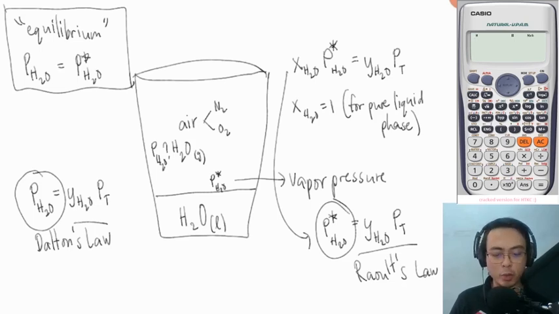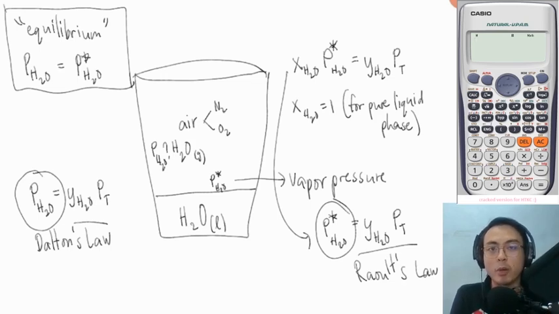Now, to go back to my question earlier, is the vapor pressure of water in my glass equal to the partial pressure of water in the vapor phase? The answer is it depends. If it's at equilibrium, then yes, it's equal. If it's not at equilibrium, then it's not equal. One way of reminding yourself about the difference between partial pressure and vapor pressure is that vapor pressure is the maximum partial pressure. So the partial pressure can be less than the vapor pressure. They can be equal, but the partial pressure can never be greater than the vapor pressure